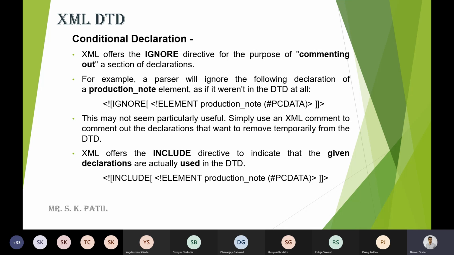So it is nothing but your entity declaration. And conditional declarations, so you can ignore it. XML offers an ignore directive for the purpose of commenting out sections. For example, the parser will ignore those things. Okay. And this may not seem particularly useful